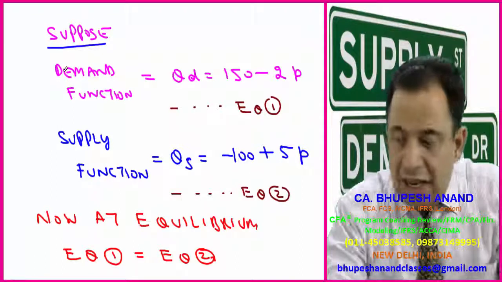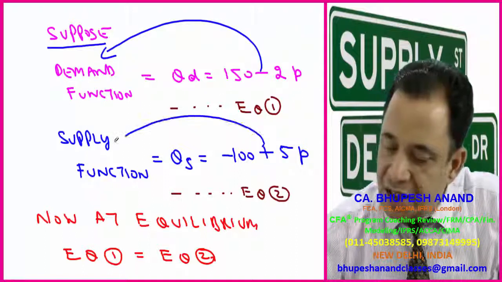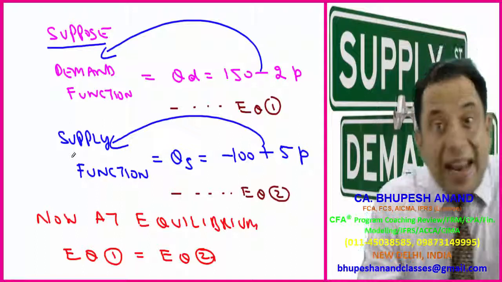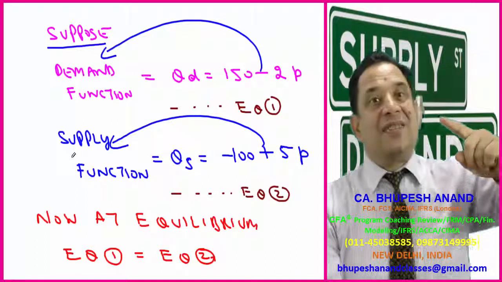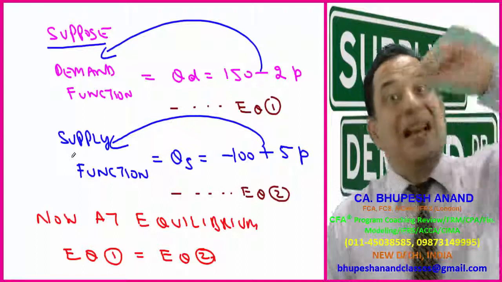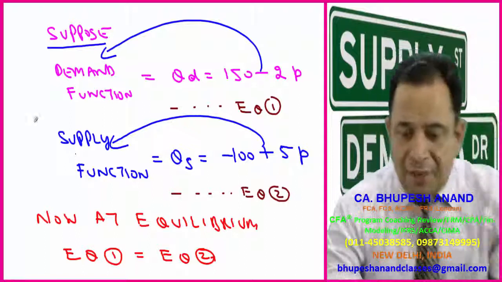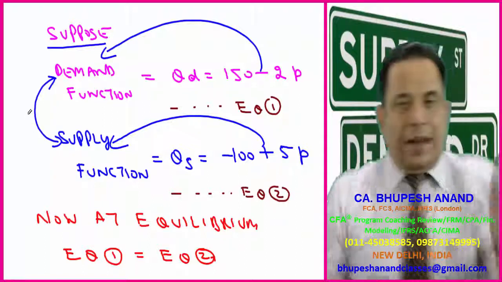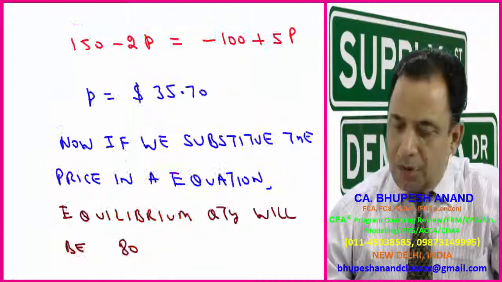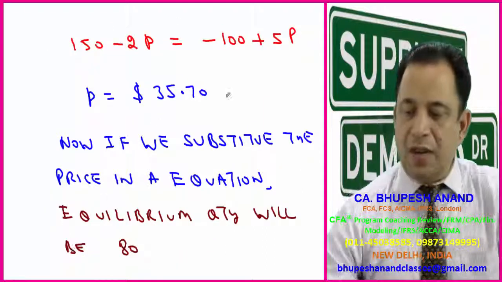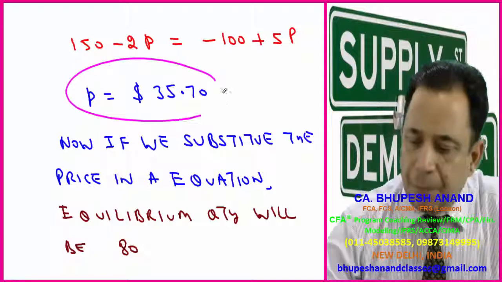You have to see the relationship of this price with demand and the relationship of this price with supply. Price has a positive relationship with the supply function, with the quantity supplied, and price has a negative relationship with the quantity demanded. You're getting a point? So if I equate these two mathematically, then equation 1 will be equal to equation 2, and then I can calculate the price, and that price will be